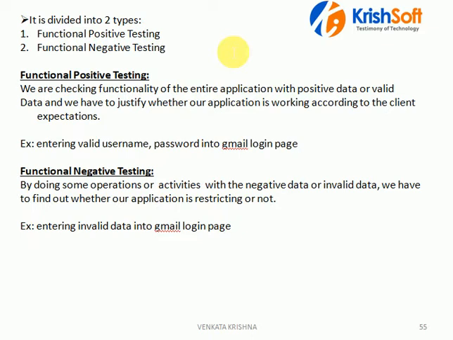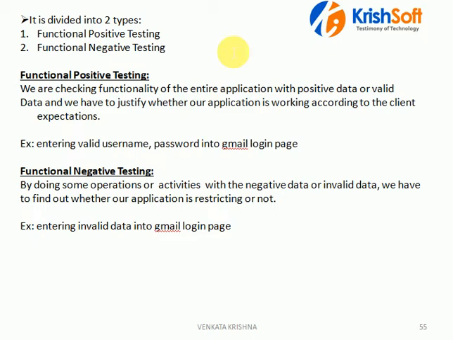In any application, whatever flows are there, each and every flow you need to test with positive data to confirm whether it is working according to the client requirement or not. Similarly, you need to test the functional negative flow. When the user enters negative data, in real time, the application should not hang, or populate an empty page. The application should instruct the user where he did wrong, or which data he has given wrongly. So that is the reason we need to test both a positive way and a negative way of the application.